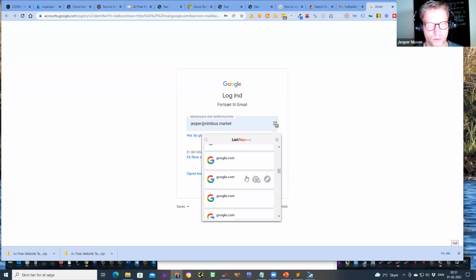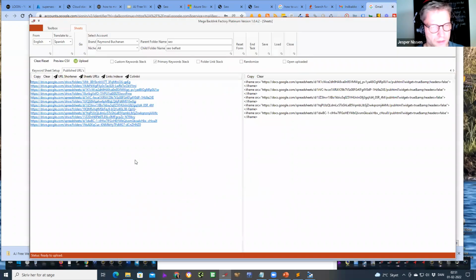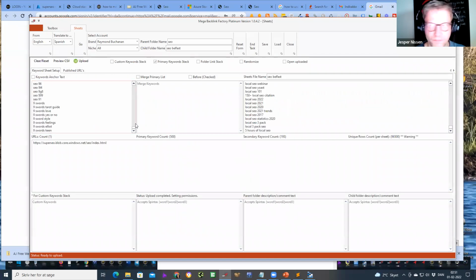I have so many Google accounts, I can't remember. Anyway, let me show you what this is about. If you can see where my mouse is, it says unique rows count per sheet 96500.